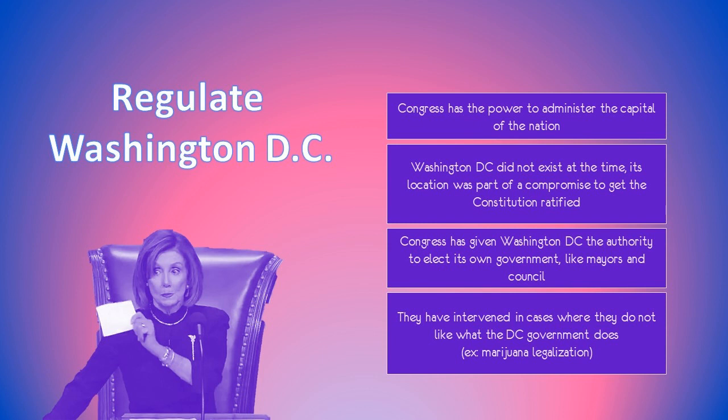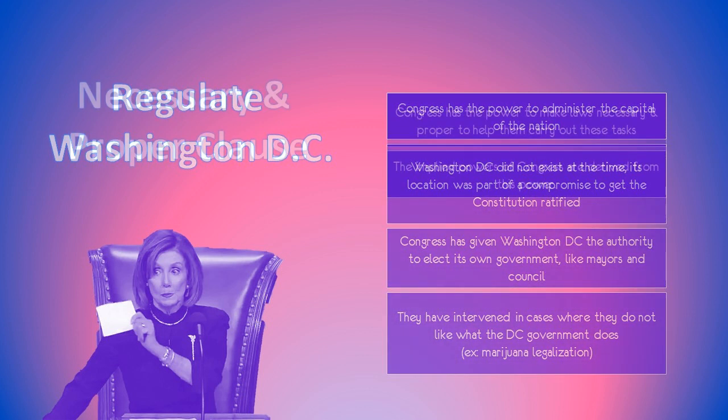A few years ago, the voters of Washington, D.C. voted to legalize marijuana, and Congress didn't want that. And since the Constitution says Congress regulates the nation's capital, Congress actually blocked the voters of DC from legalizing marijuana in this way. So if Congress wants something to happen in DC, they have the ultimate power since that's what the Constitution says. But Congress has given DC voters most of all the same powers that we have in any other city.